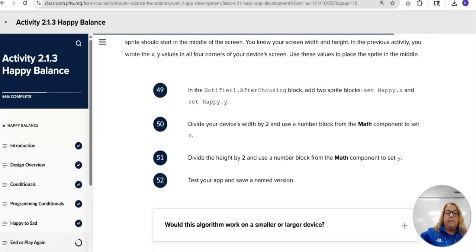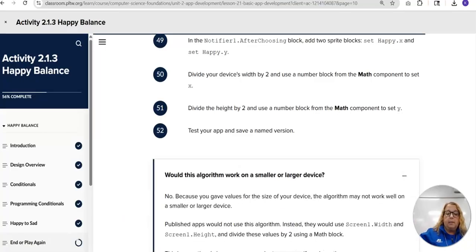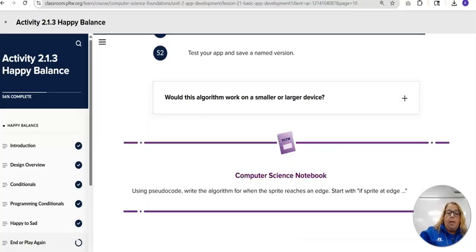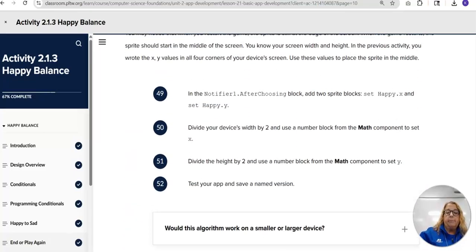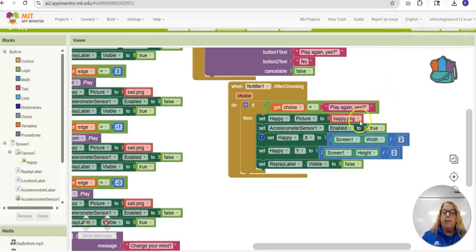And then it says in the notifier after choosing block, add 2 sprites, set happy X and set happy Y. Divide the device's width by 2 and use a number block from the math component to set X. Divide the height by 2 and use a number block component for Y. And it says no because you gave your values for the screen one height. Okay. Let's see what that is. X and Y. So see, we